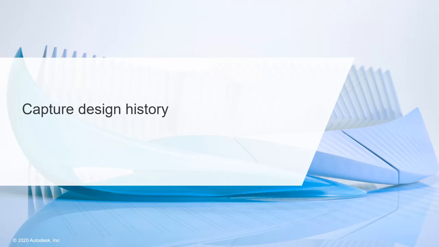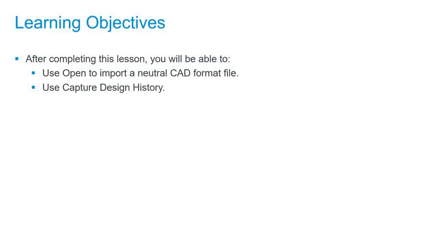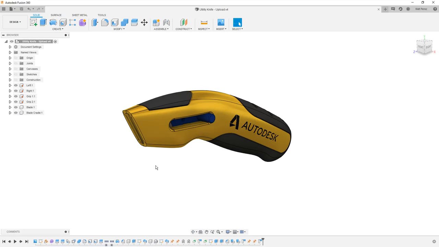In this lesson, we're going to talk about Capture Design History. After completing this lesson, you'll be able to use Open to import a neutral CAD format file and use Capture Design History. In Fusion 360, I still have our utility knife-upload file open, but now I want to take a